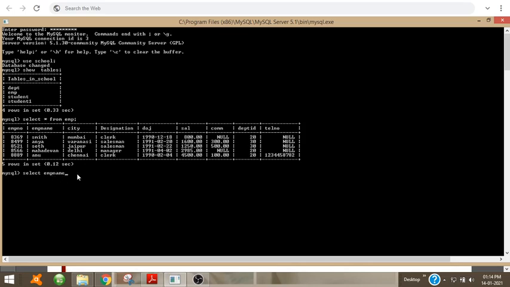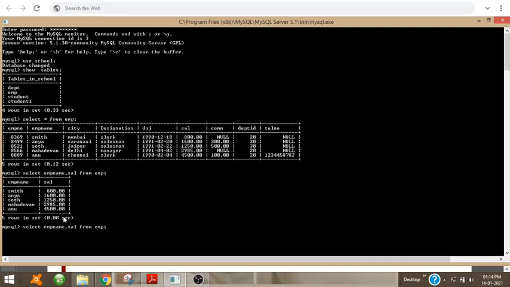So EMP name, comma, since each column should be separated by a comma, then salary. For salary, the column name is sal. Then from EMP. You can see, first I have specified EMP name, so the employee name is selected. Then the sal column, the salary, is also selected.